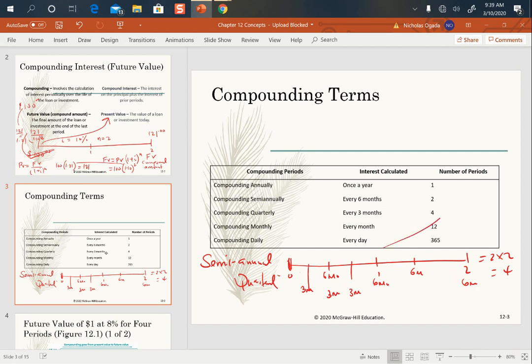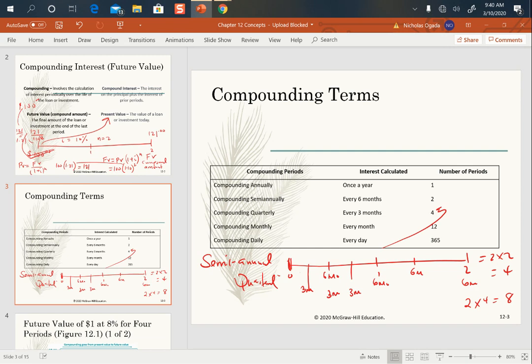That's where the 4 is coming from. In 2 years, you'll have 2 years times 4 compounding periods per year, which gives a total of 8 compounding periods. If it was a case of 3 years, then it will be 3 times 4, and you end up having